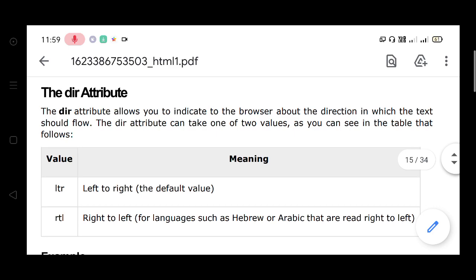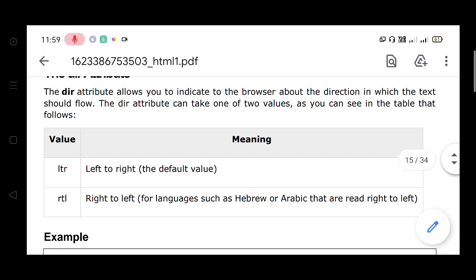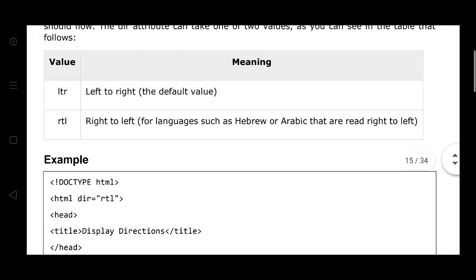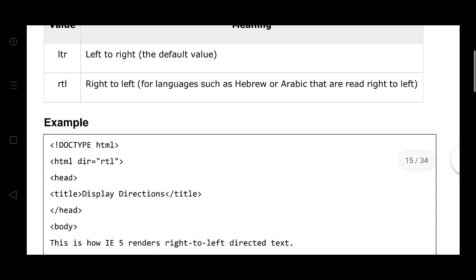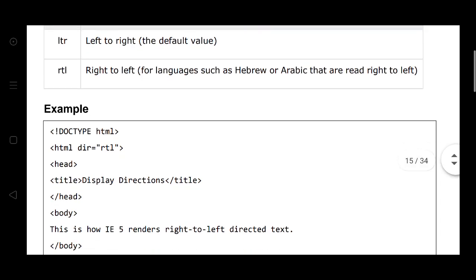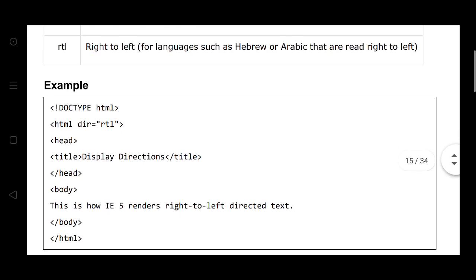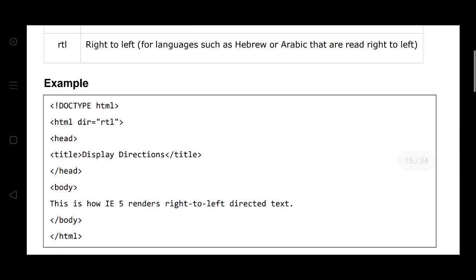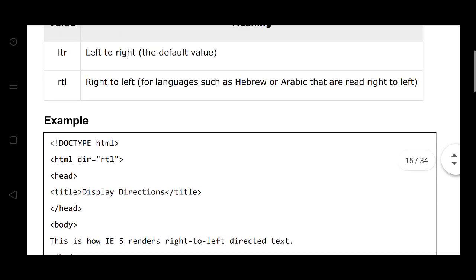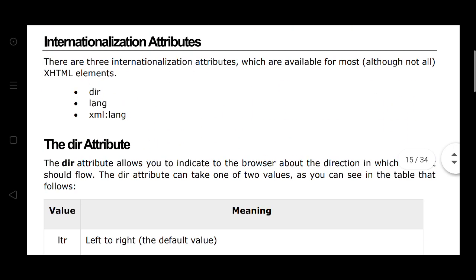The dir attribute values are LTR and RTL, left to right and right to left. An example for this is doctype, HTML, or title, displayed in the body. This is how IE5 renders right.